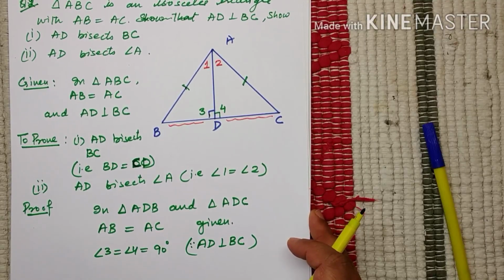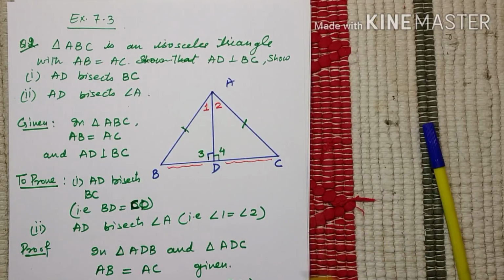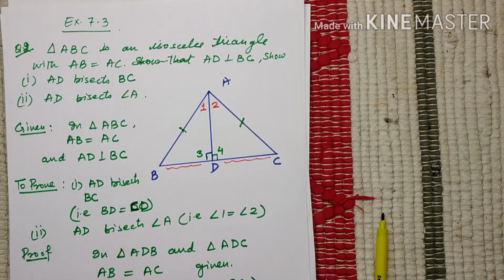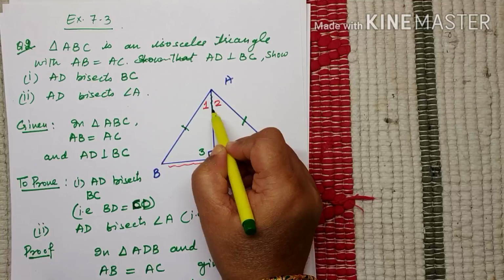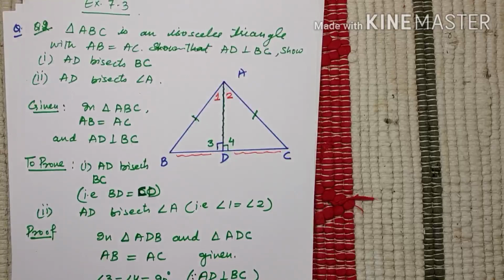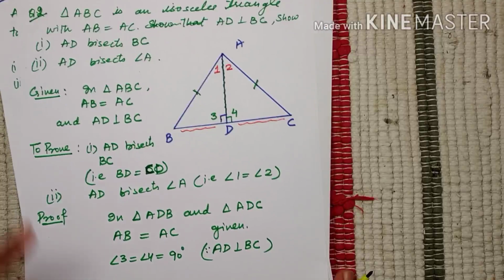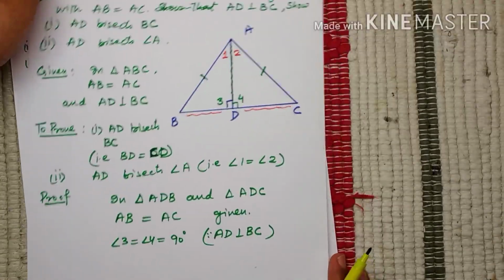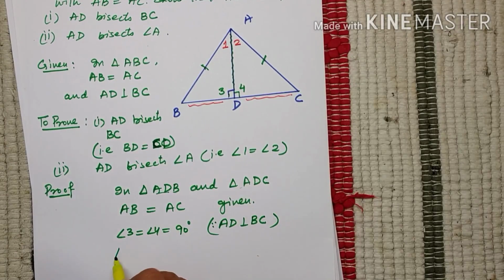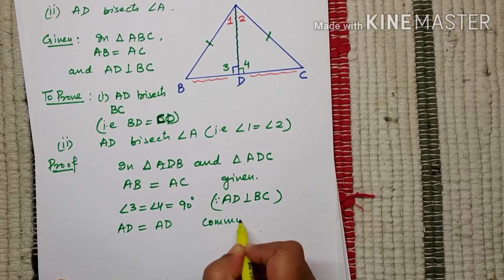Immediately what comes to my mind is, what is the third thing that you can see in these two triangles? What can I see immediately? I can see that this side AD is the common side to both the triangles. So these two triangles are sharing this common wall AD. From the labeling of the congruency of triangles, when we write the triangles, you can make out easily AD and AD. So the third part is AD equal to AD. Why? The reason is common.